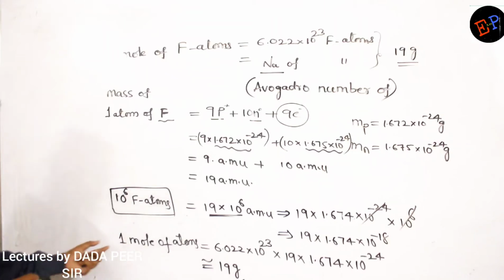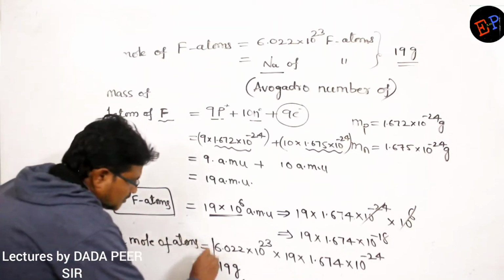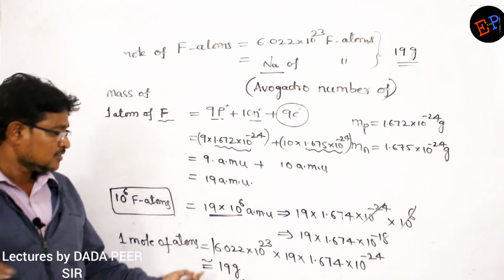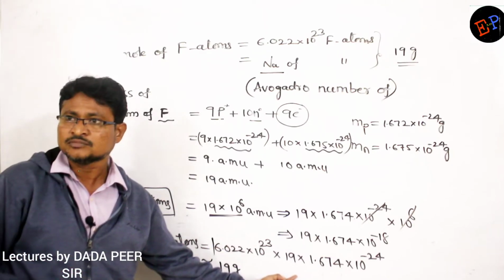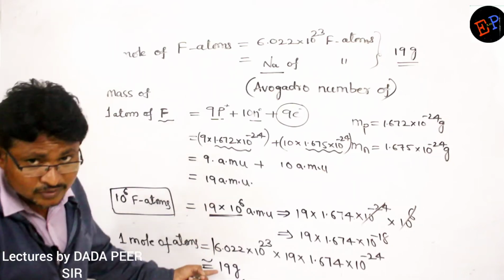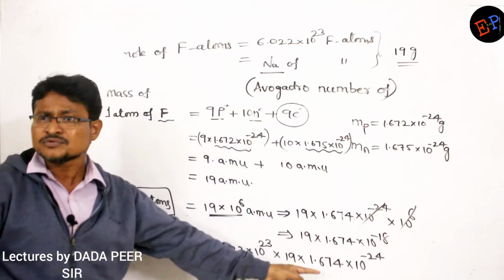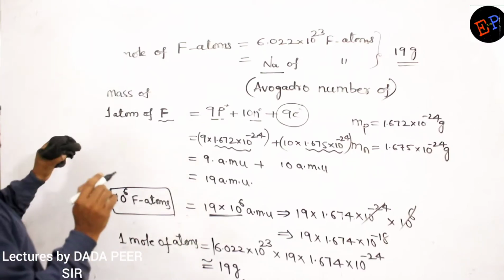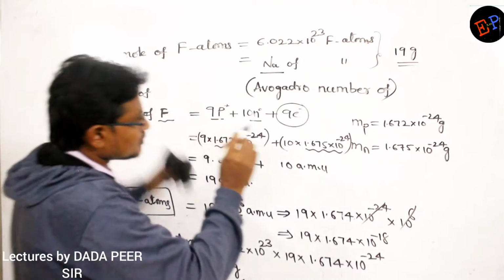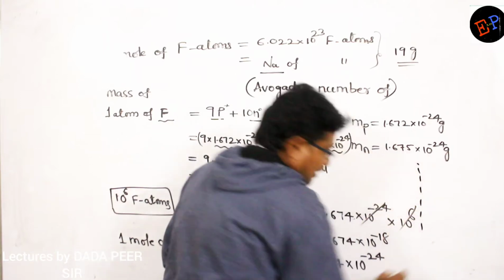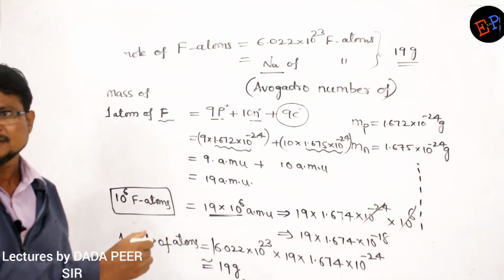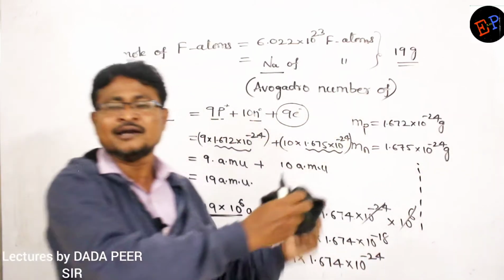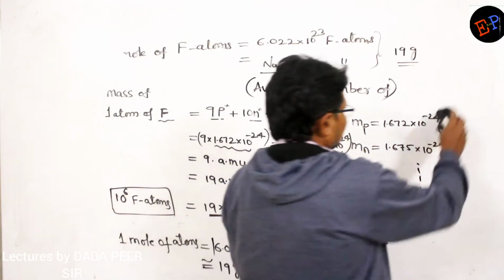See here, these many atoms of fluorine. So now we have calculated the mass of 1 mole of atoms of fluorine. Now I have to explain one relation. Have you noted down? Is it completed? Okay. For a while I will explain here, and afterwards I will give you some time to note down. Right here. See.